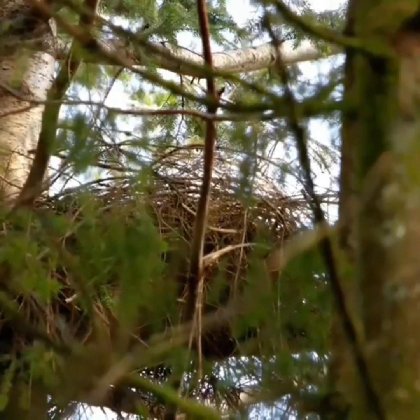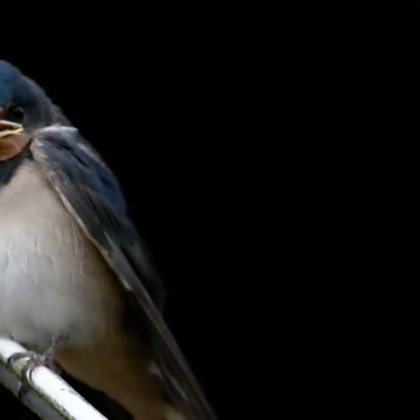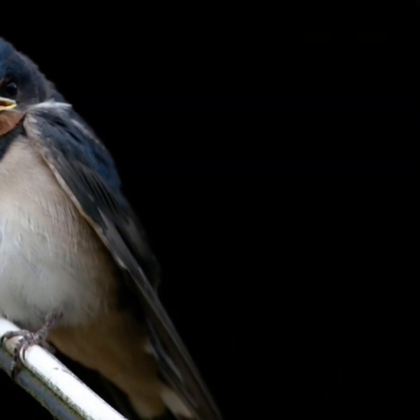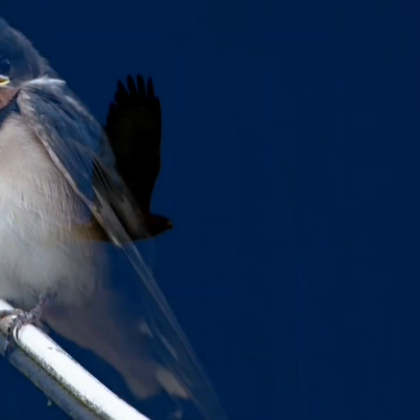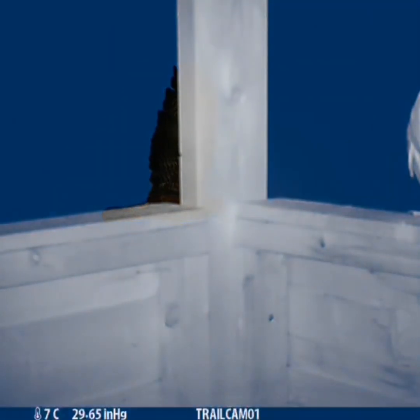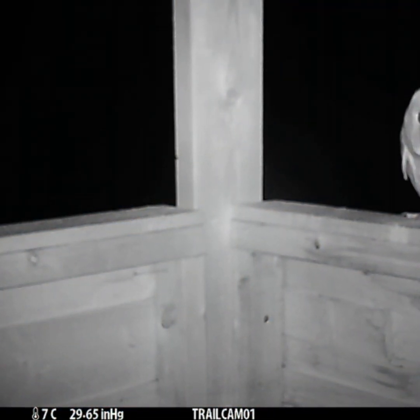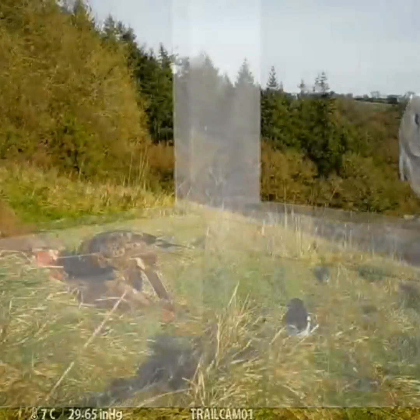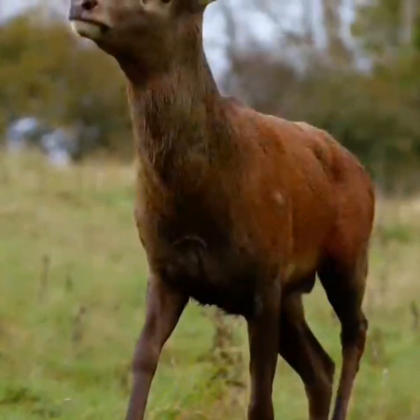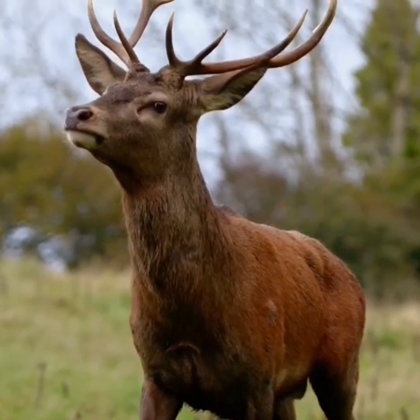So we also see herons, barn owl, tawny owl, goshawks. We have a nesting pair in the pine woods, peregrines, the occasional red kite spotted, buzzards, and lots of little birds like tree pipits, redstarts, spotted flycatchers, garden warblers, greenfinches, marsh tits, blackcaps, song thrushes, wrynecks, yellowhammers, goldcrests. So now on to the mammal species that we have here at Cove Down, starting with the magnificent red